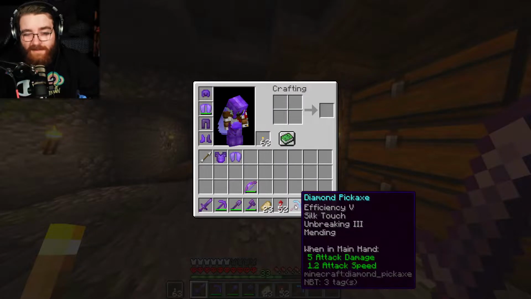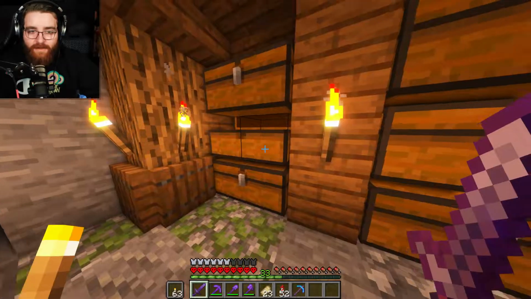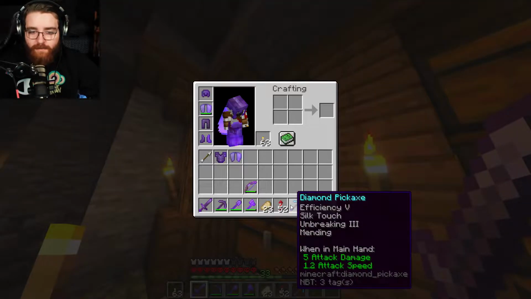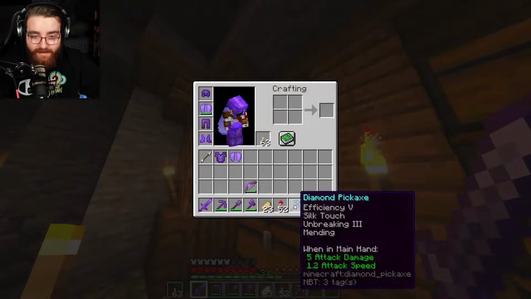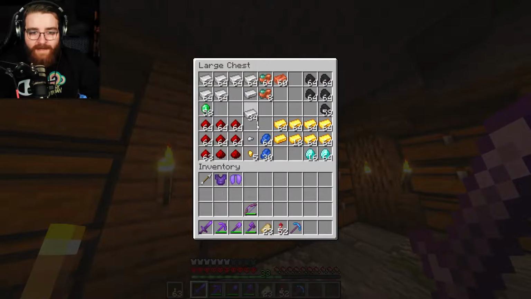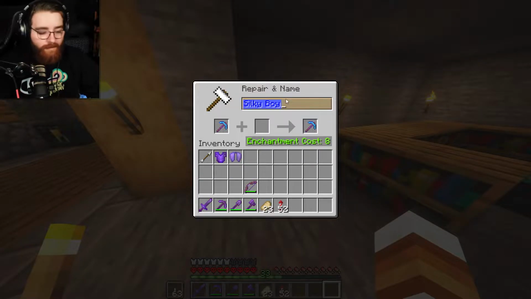All right, so I got the silky touch pickaxe. I used the pickaxes that we got from the end to kind of combine. So the only things I had to get manually, like I said, is silk touch and mending. But this is a pretty bad pickaxe, not gonna lie. I was actually gonna name it, but my anvil broke, so I have to make a new one. Now I could name it Silky Boy, or